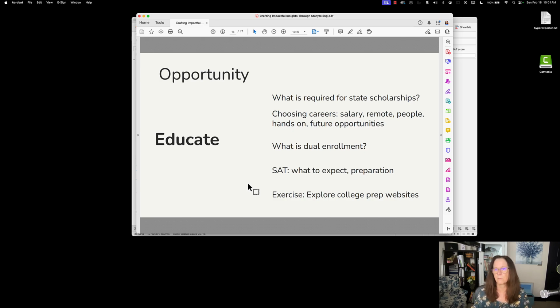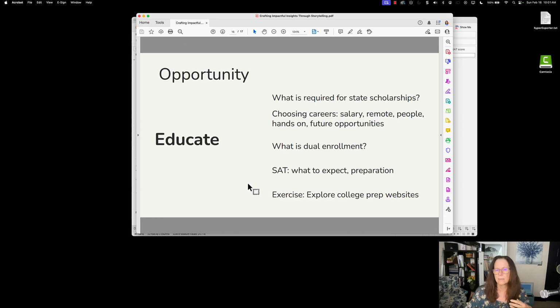Did they want to be able to work remotely? Were they concerned about the future of the career that they chose? Do they prefer hands-on work? Did they know about dual enrollment, where they can take college classes while they're still in high school, and how to prepare for the SAT?